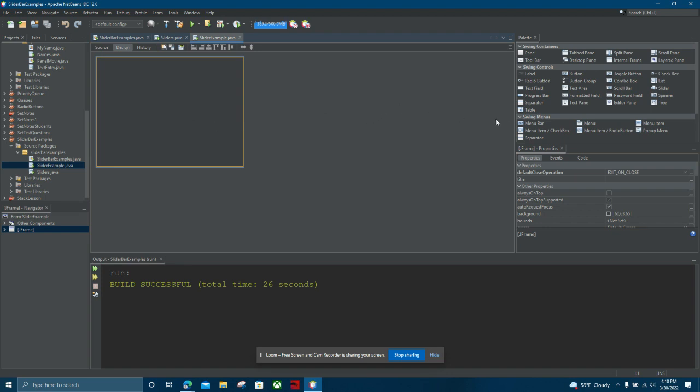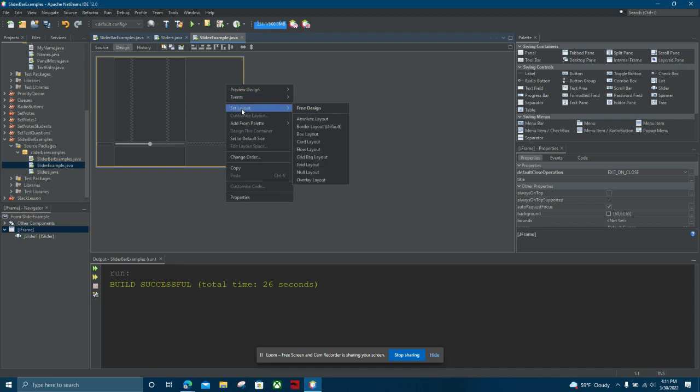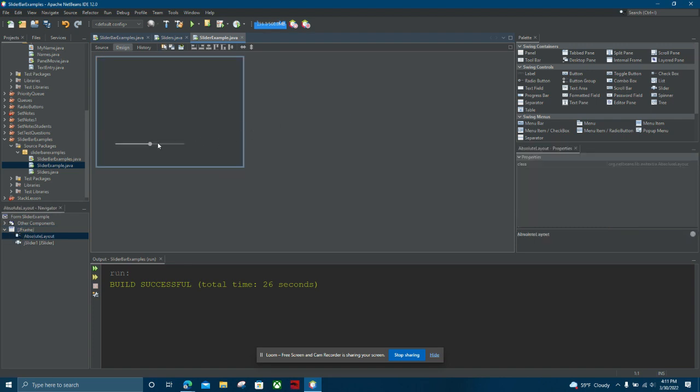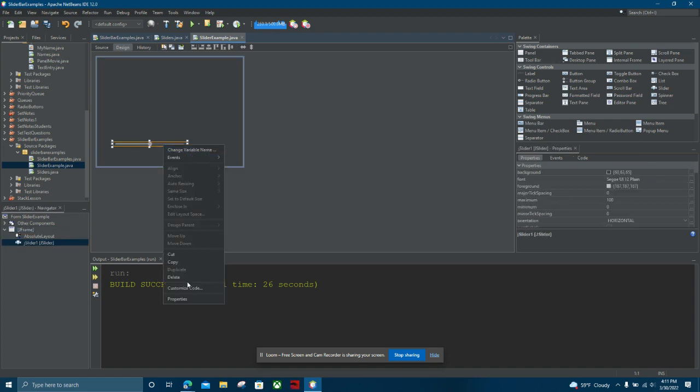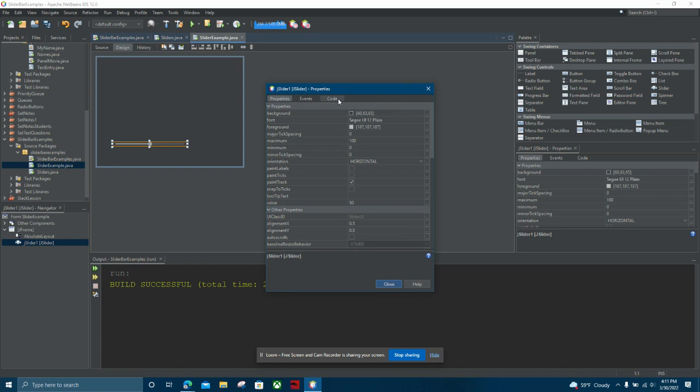So one of the things is where the sliders are located. If you come over here to where it says Swing Controls, you notice it has a slider right there. So we're going to drag that over here and put it on. Now you can increase the size of this. I'm going to change this to absolute layout. You can increase the size of this slider if you want, it doesn't really matter. What I'm going to do is rename this to just horSlider,